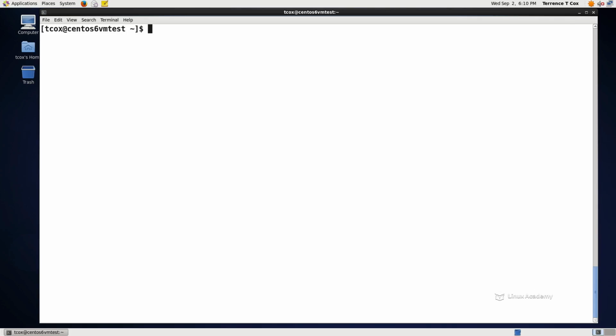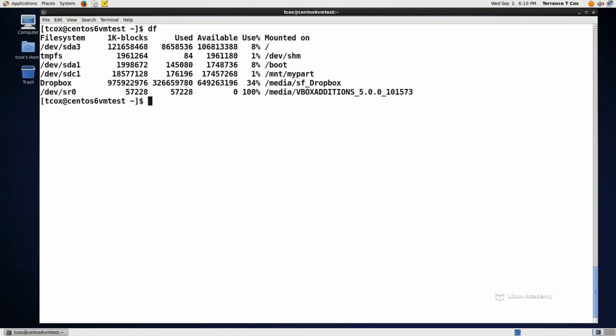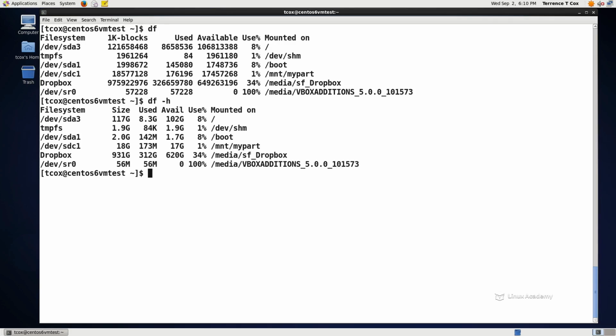Speaking of files, there's a couple of things that we can do. If we take a look at the df utility, it tells us all of our existing mount points, how much free space, used space, and available space we have, and what percentage they're in use. That particular format's a little hard to read, so let's make it in a human readable format. We just do a df -h, and it tells us in gigabytes